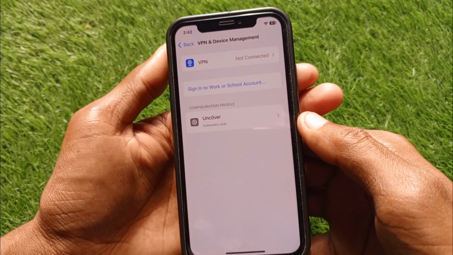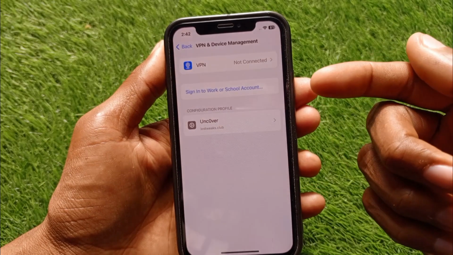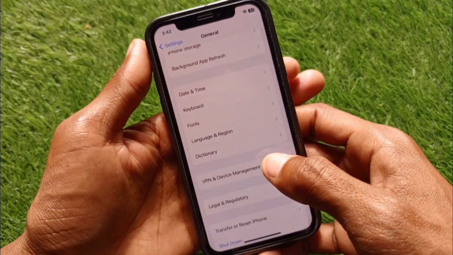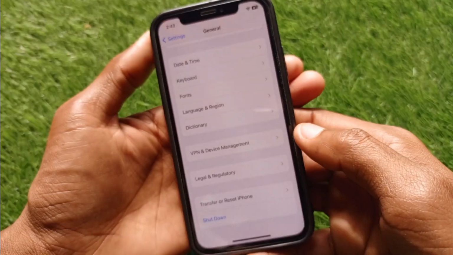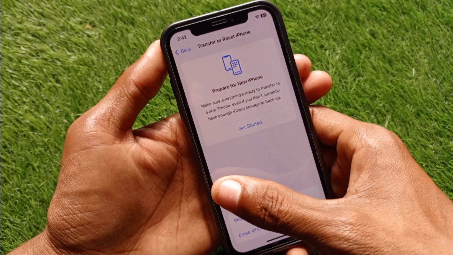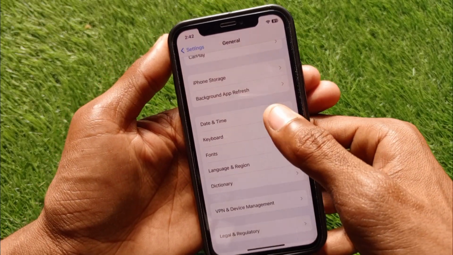So guys, the main problem of this error is the VPN connection. If you have connected any VPN, you need to disconnect that VPN. After doing this you have to go back. Maybe there is a network problem, so you have to reset your network settings. And guys, after doing this you have to go back, check your date and time, make sure that date and